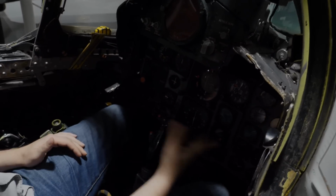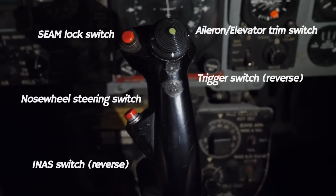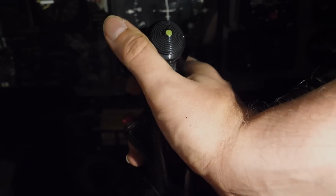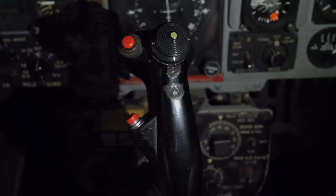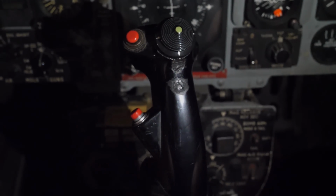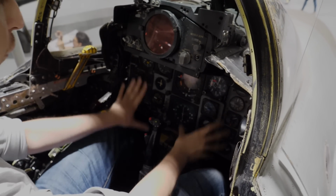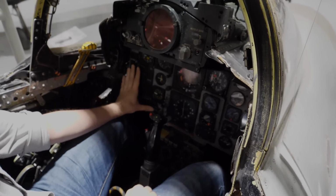First of all, we have the stick, very basic layout. You've got your little buttons, your little control levers. We can only use the aileron control at the moment. There's no real elevator control locked in place there, but you know, it's ergonomic, it works fine, it feels right in my hand, no complaints there. It's very simple. Moving up top a little bit here, then we have the weapon and missile avionics over here,